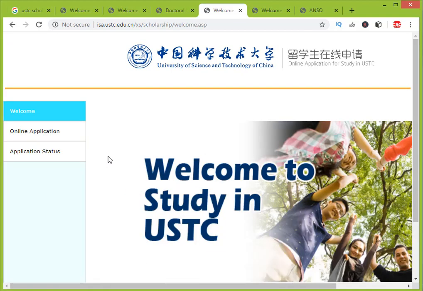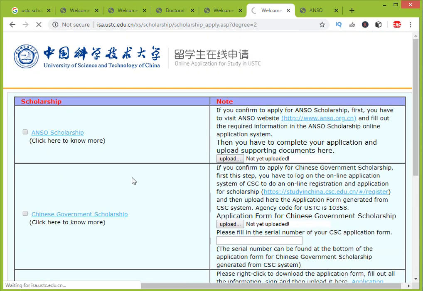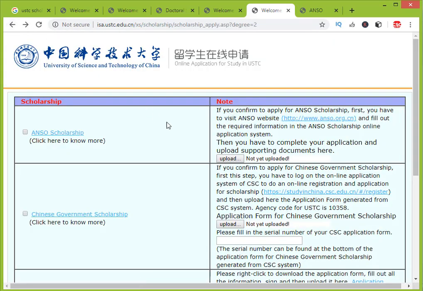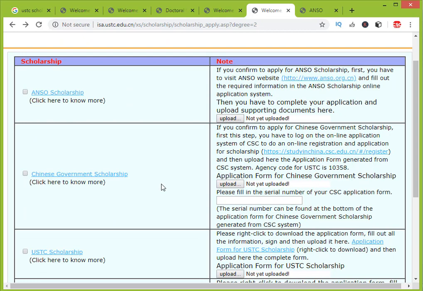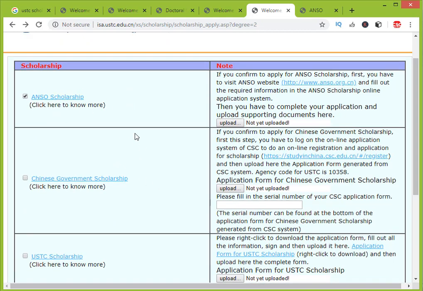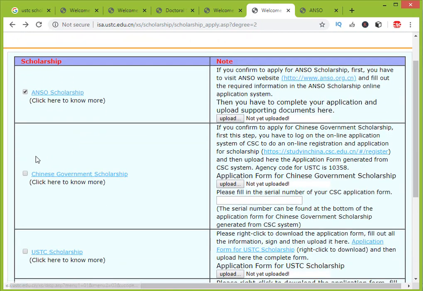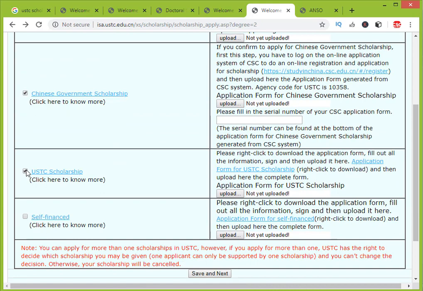After login, the screen shows like this, and you can click on online application form. You are not logged in, so I will log in again. Okay, sorry. On the ANSO scholarship, there are three types of scholarship: the ANSO scholarship, I also made a video on this, the Chinese government scholarship, and the USTC scholarship.